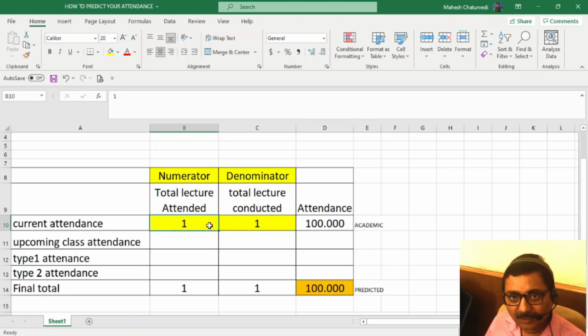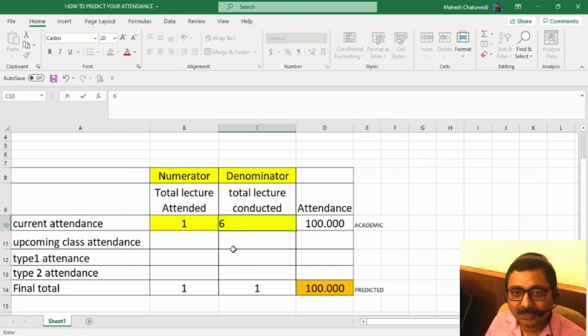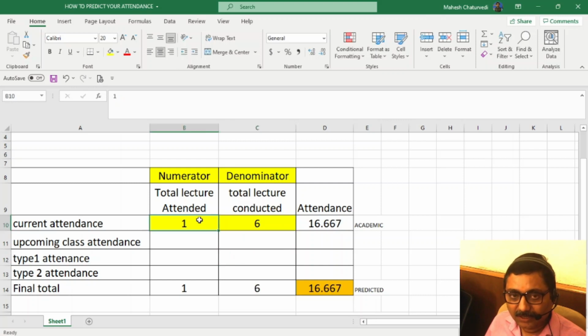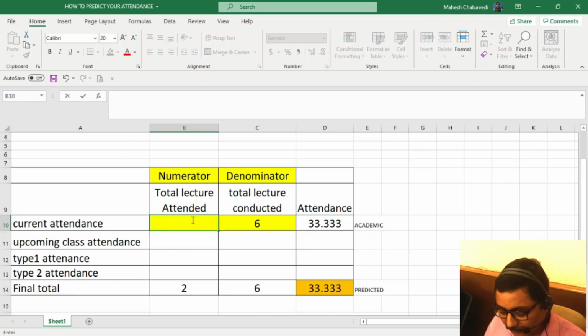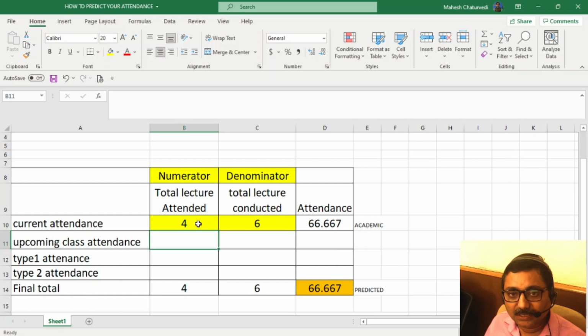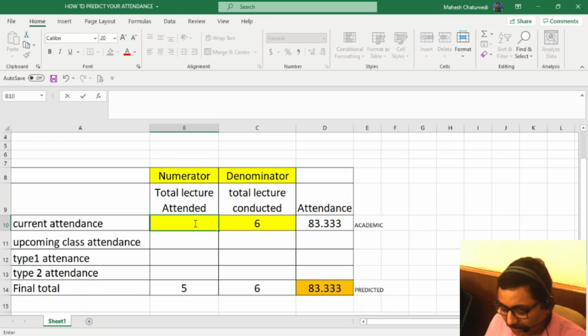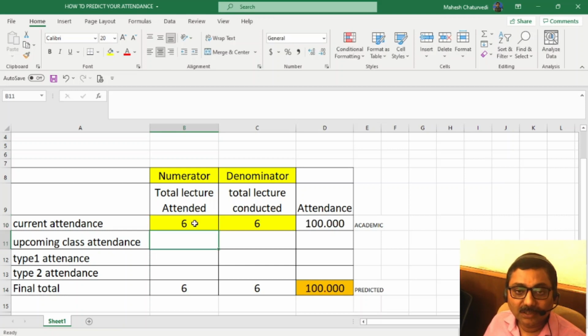Similarly, if the college has conducted 6 lectures in a day, that is day 1, and you have attended only one, you can understand your attendance is how much? 16% only. If you attend 2, then 33%. If you attend 4, then see, 66%. If you attend 5, then see, 83%. And if you attend 6 by 6, then you are at 100%.